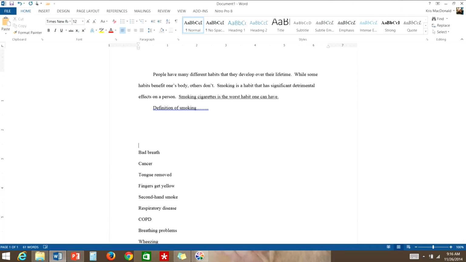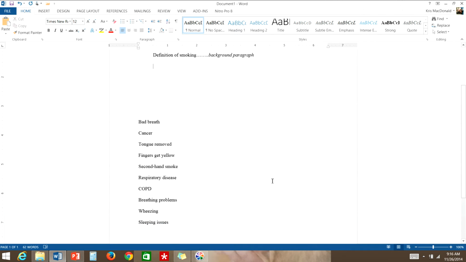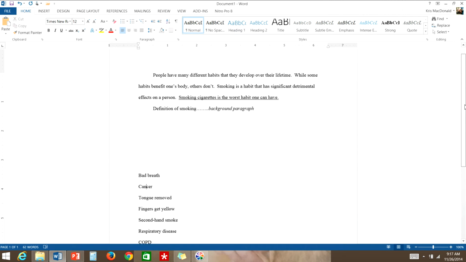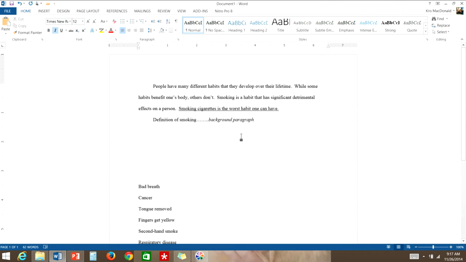Okay, so here's my first paragraph. It's going to be a definition of smoking, because remember, this is going to be my background paragraph that's going to help a reader understand what the topic is if they have no idea what it is at all. So then I'm going to take my first point. Even though I wrote them in this order, let's do cancer as the very first thing. Okay, now I'm going to write this paragraph and I'm going to make up some of the research and